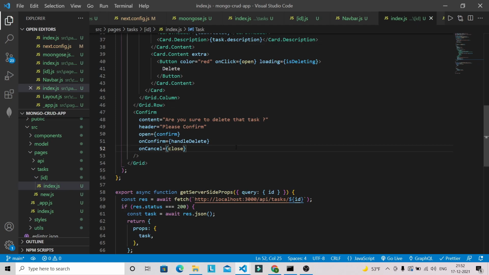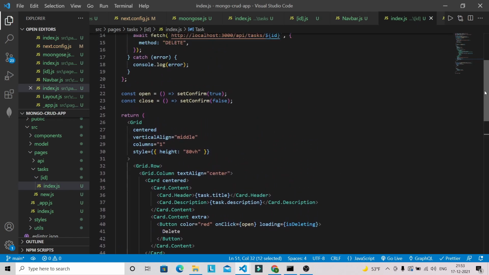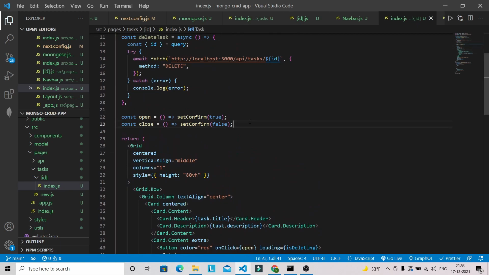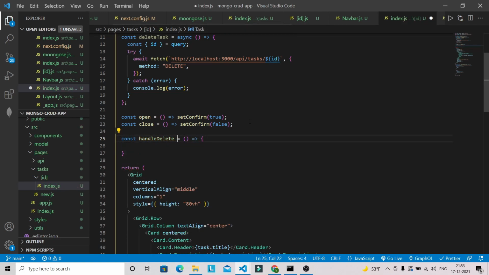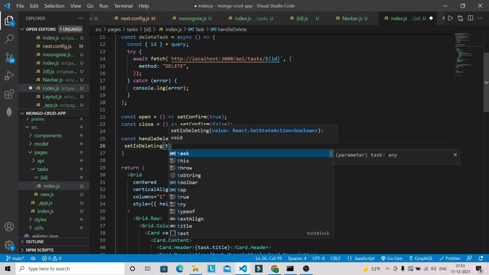After this, what we have to do is define this method first. So let's define this one outside the return, and here we're going to have handleDelete. Okay, this will also be async, and here we can set setIsDeleting to true.